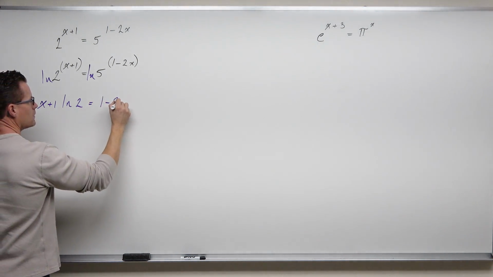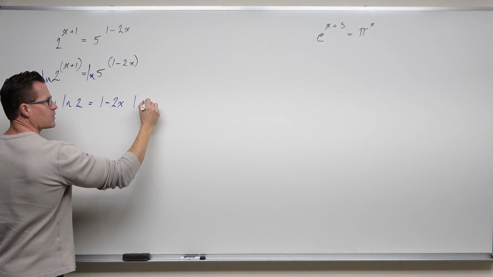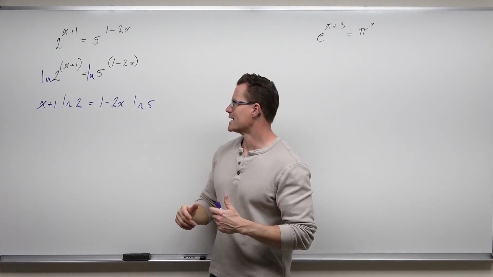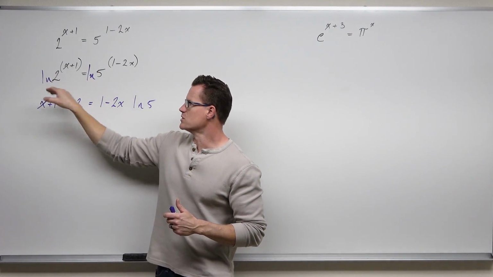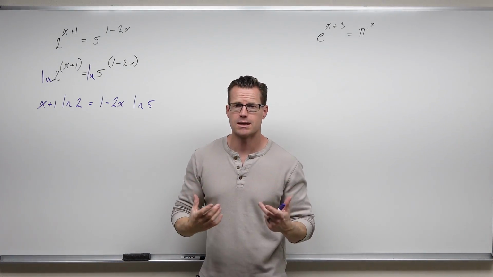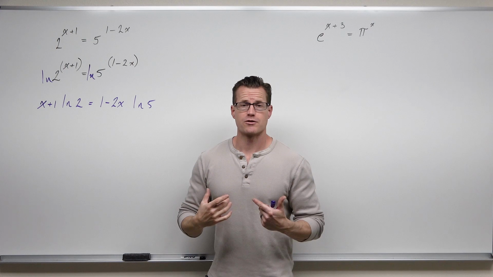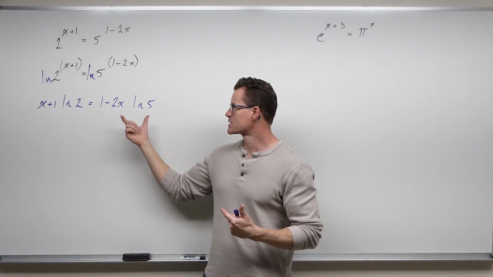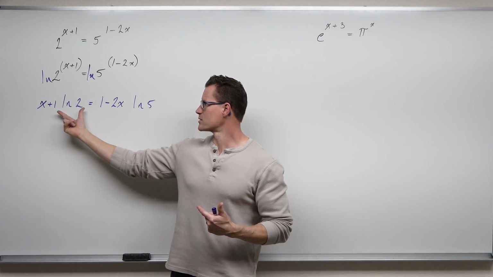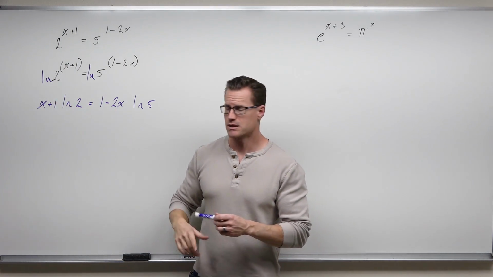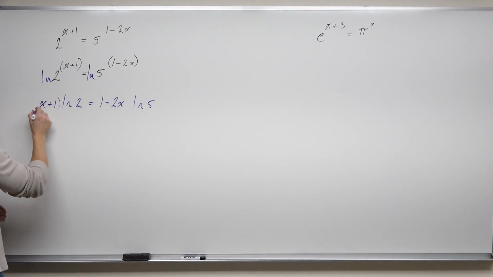I've made a mistake on purpose. I want you to see it. I see this a lot when I'm grading tests and things like that. I see students who do this and they understand the property. They really get it, but then they fail to do one little thing and it leads to a lot of problems. Do you see how if I do this, this looks like a term and this looks like a term, and it's not? There's a product here. This is the case, if I write it correctly,